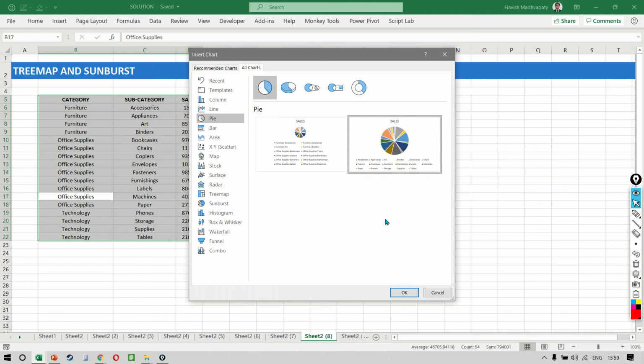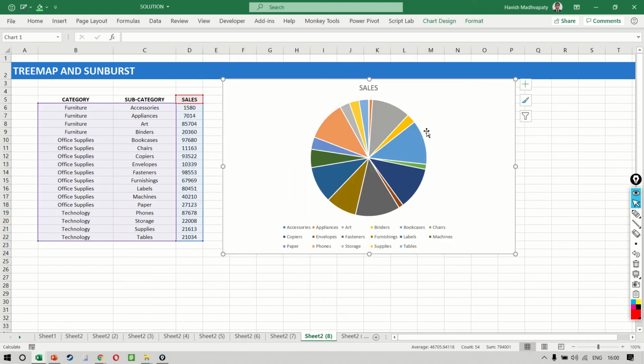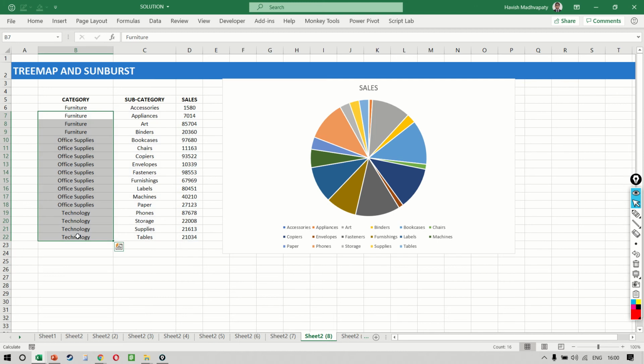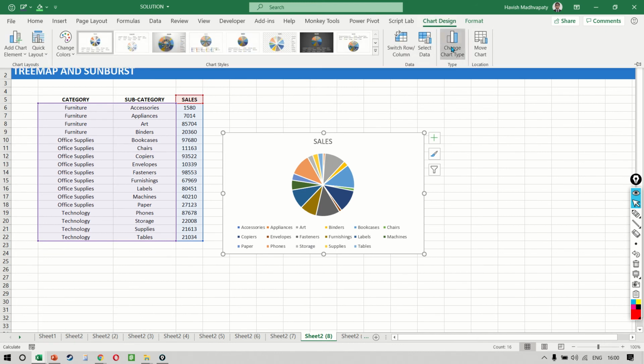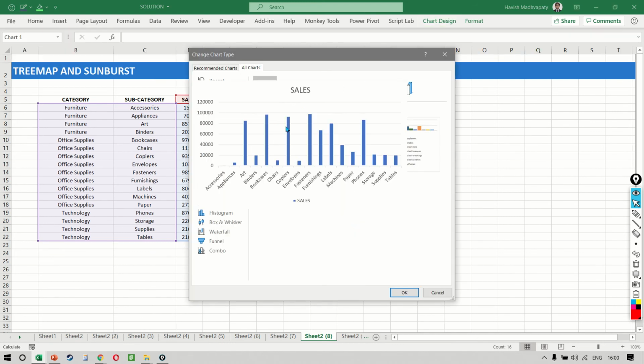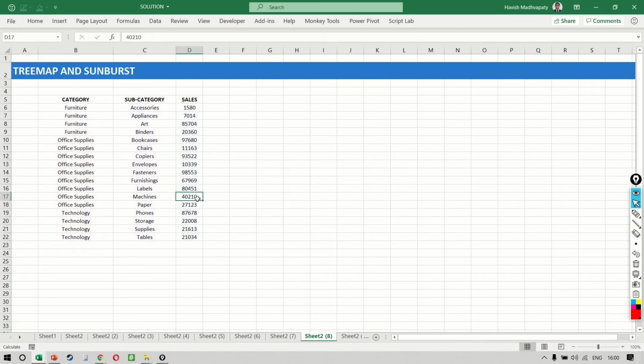Now, if we try to create a chart, let's say a pie chart, you would immediately notice that it's not coming incorrectly, but it makes almost zero sense because it's not presenting all the data points correctly. Think about it. It is showing you all the subcategories, but why is it not showing me all the category? That layer of detail is completely missing. Similarly, if we convert this into a clustered column, again, you notice it is only showing you the subcategories, but it is not plotting the categories. And that's the challenge that you have.